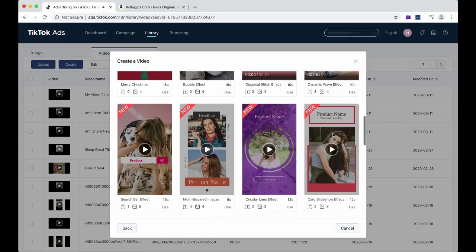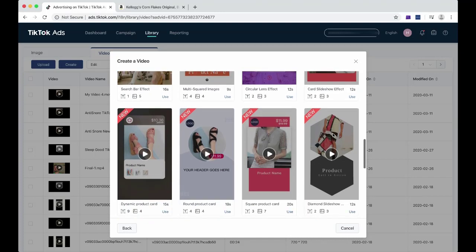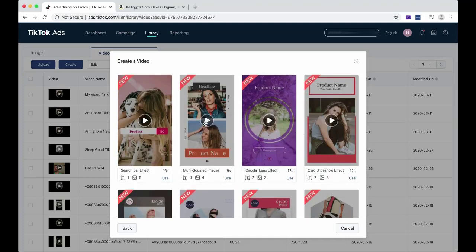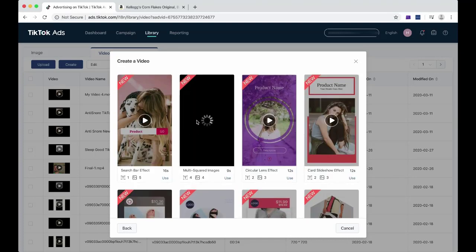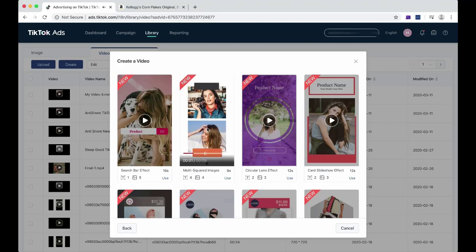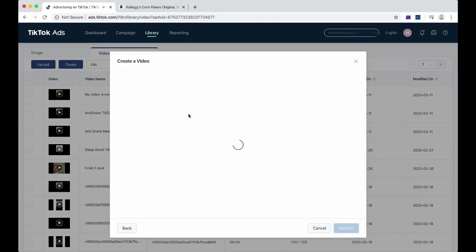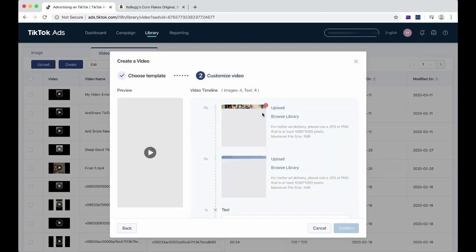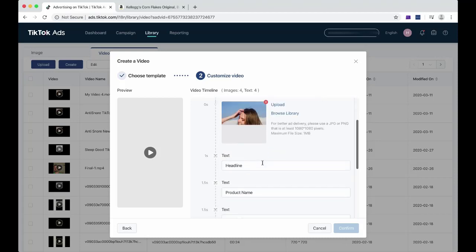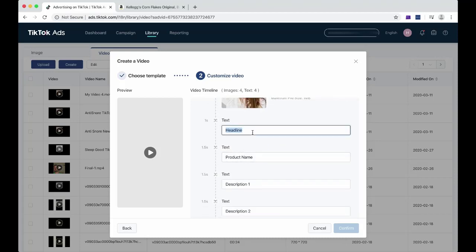So let's say I want to go with this option. So I can select on use. Once I select on use, I can upload whatever images that I want over here. I can change the text. This is the headline. So if you see the preview,